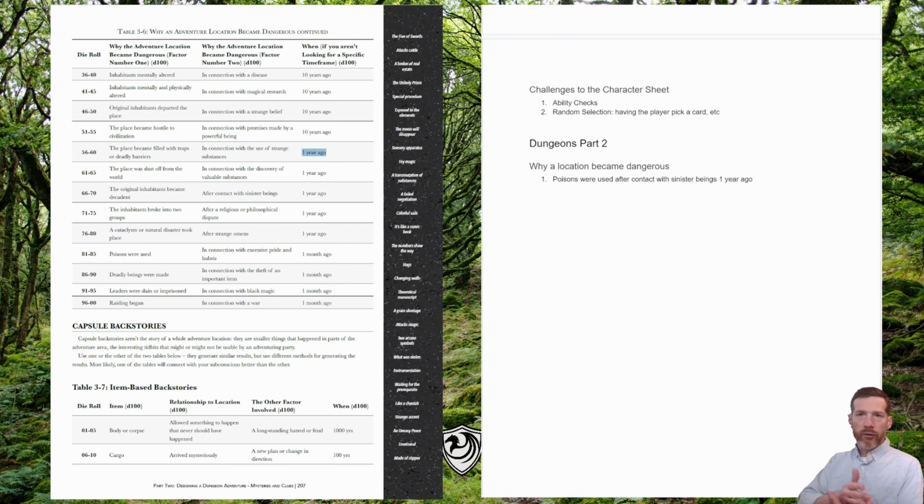So after rolling 3 times on this table, I came up with item number 1. Poisons were used after contact with sinister beings 1 year ago. So that plays into one of the monsters that we created in episode 2, a poison elemental. So this poison elemental could be the big monster that the party has to interact with during the course of